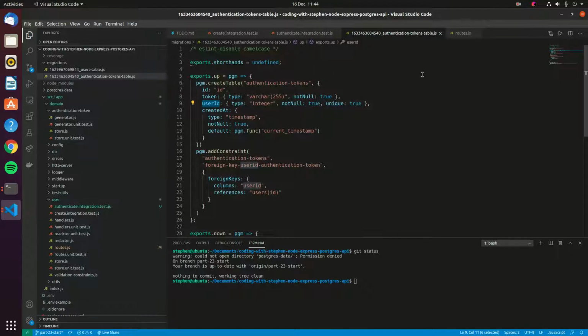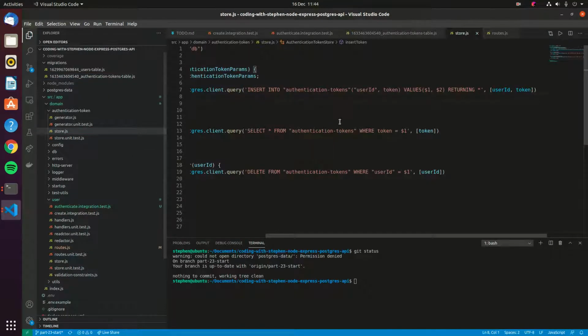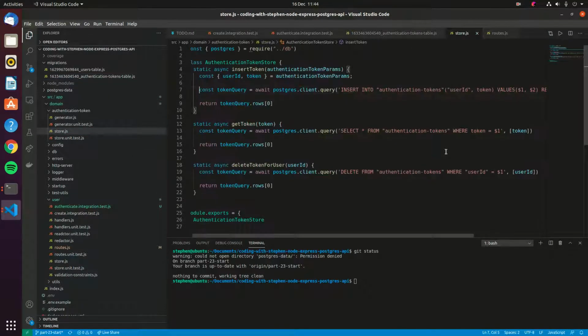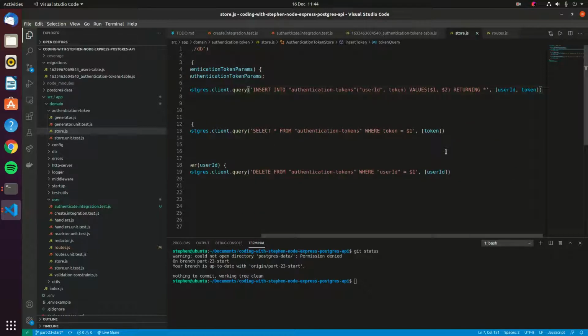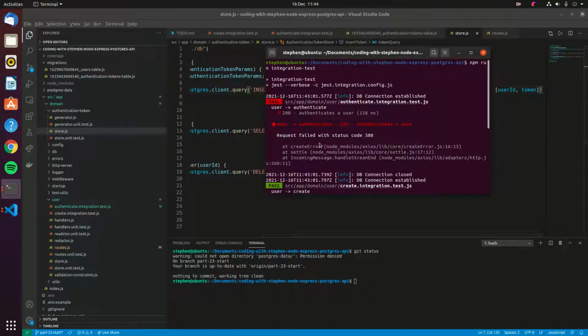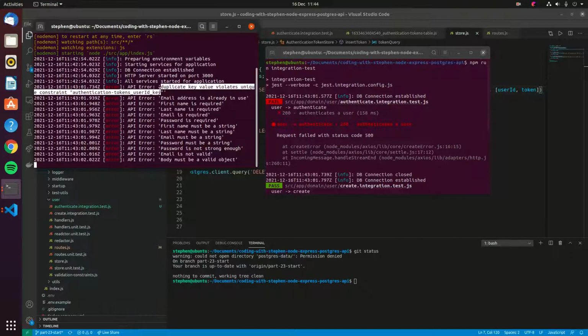So what's happening here is it's trying to insert another token for that user ID into the authentication tokens table, and it's violating this unique one token per user policy that we've got. What's quite handy is we've got the error here and we've got the